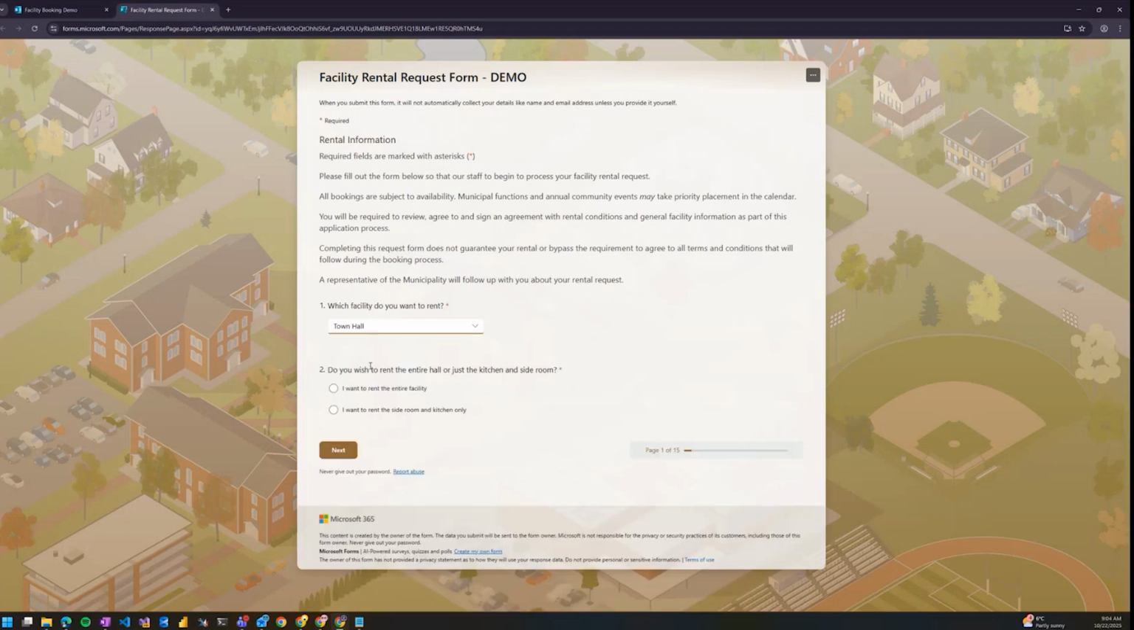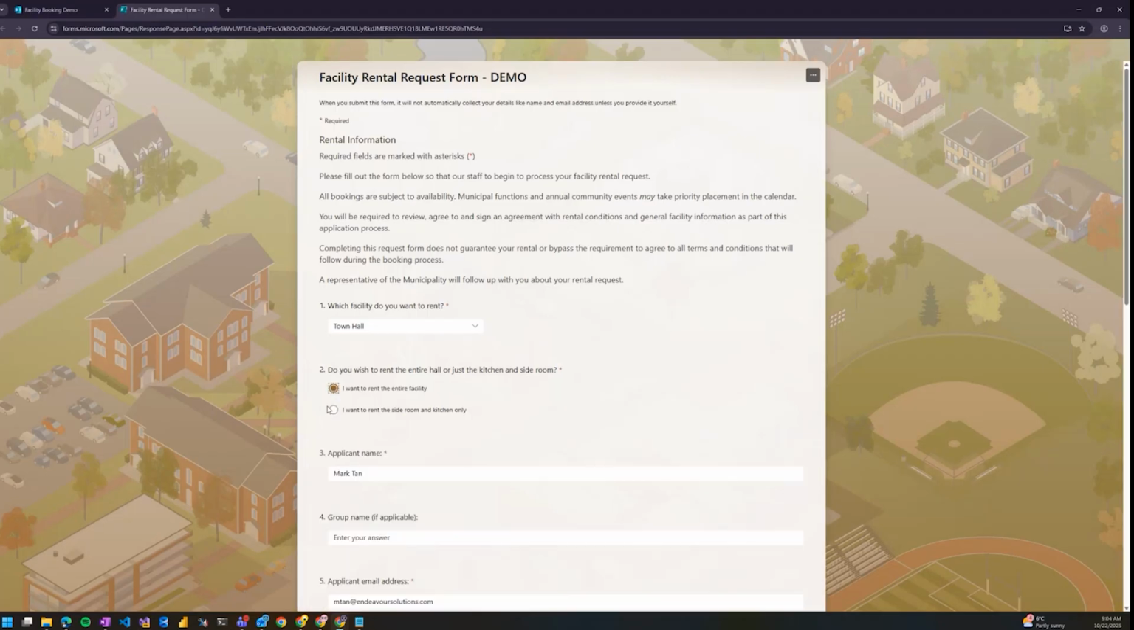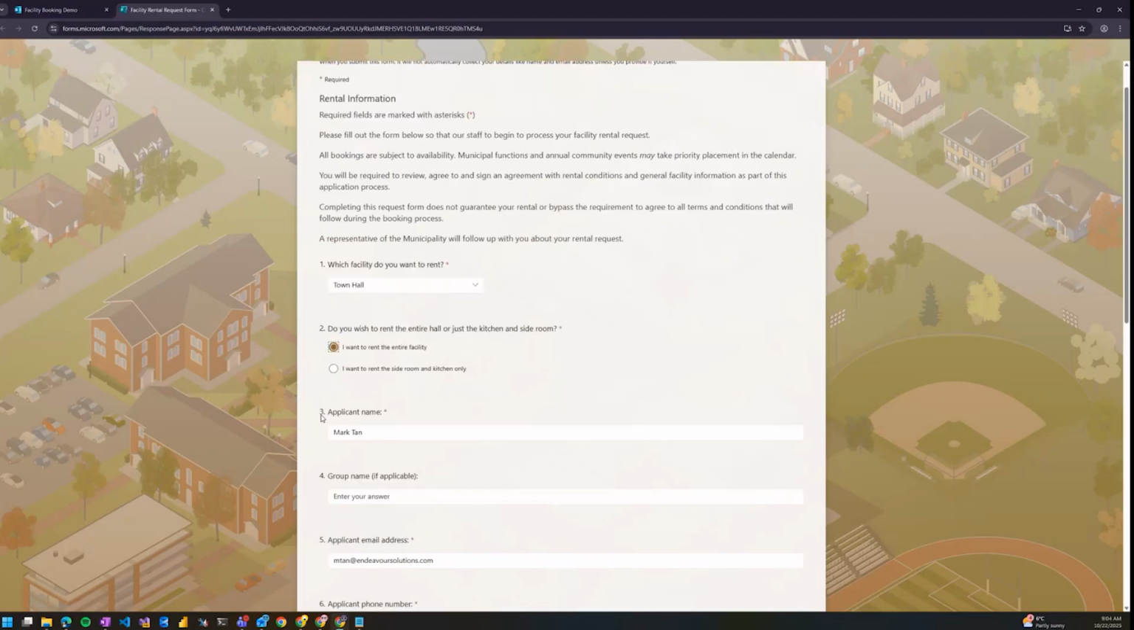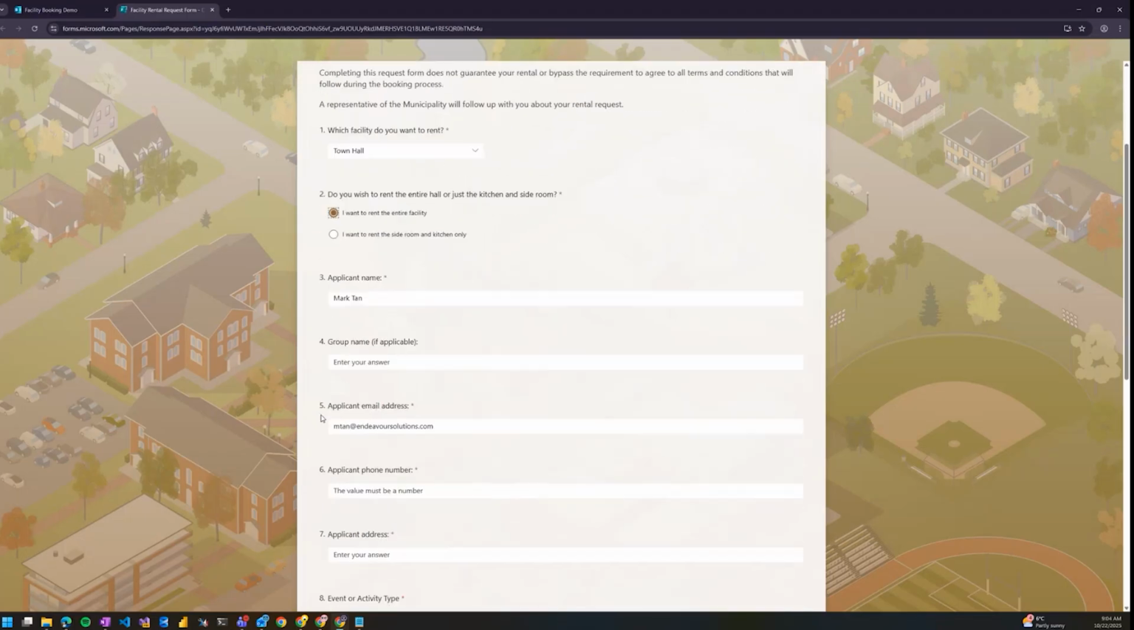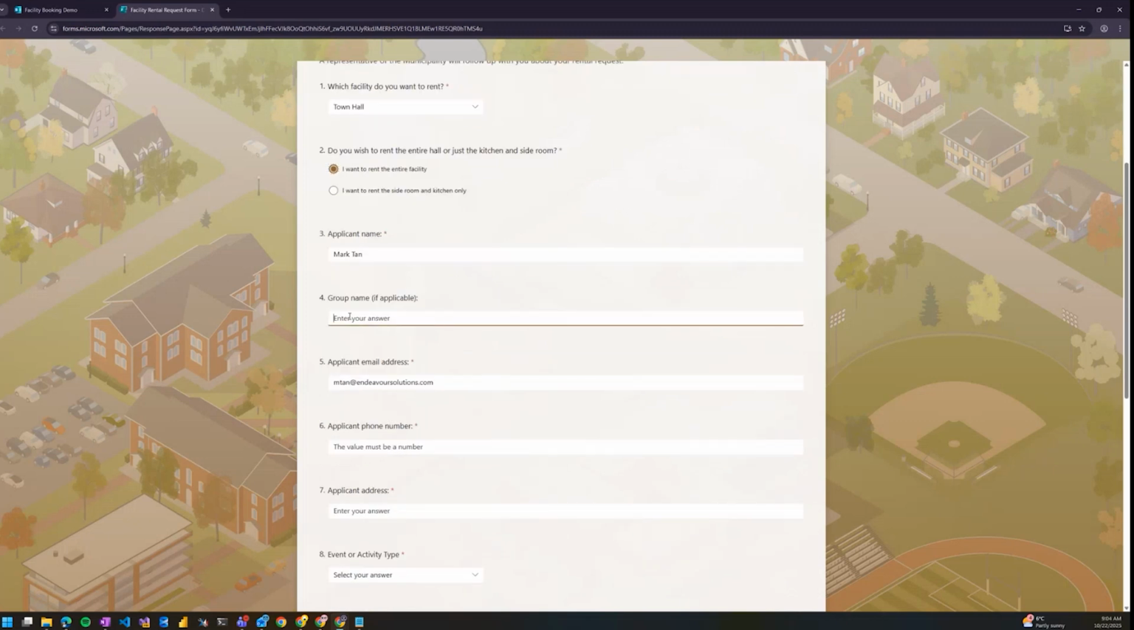Based on the facility they selected on the booking calendar, additional information might be required. An example is if they selected the Town Hall facility, which I did, they would be presented with an extra question to confirm their rental. Once the applicant selects their rental type for Town Hall, I would select entire facility. The same questions for all rental requests would be displayed, and they would need to complete all required sections before proceeding to the next section, such as group name,